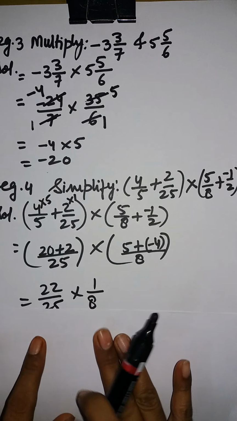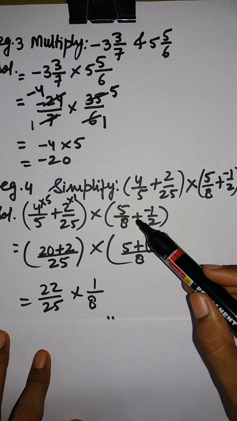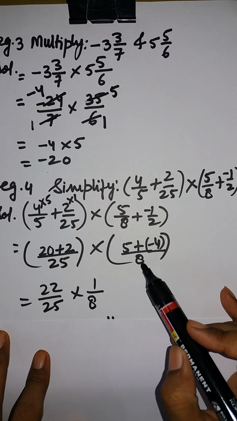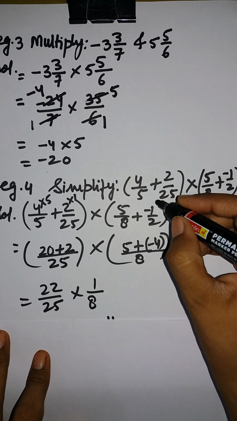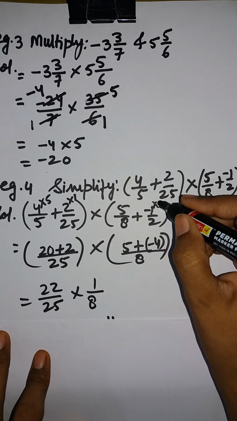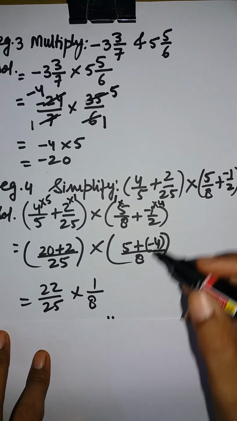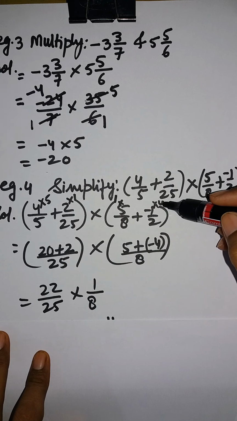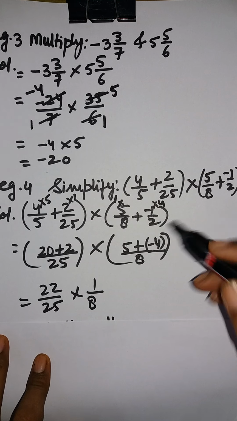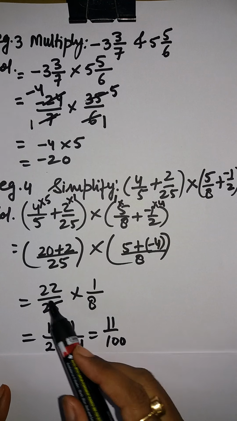Finally we add them, it is 22 upon 25, and here we solve the other bracket taking the LCM 8, and further we multiply it like this. 2 4 times gives us 8, and 8 1 times gives 8. So 5 ones are 5, and 4 1 times is minus 4 here. After simplifying this,